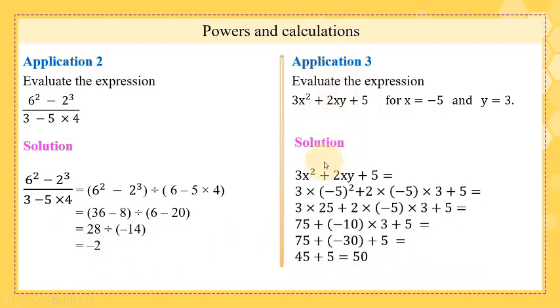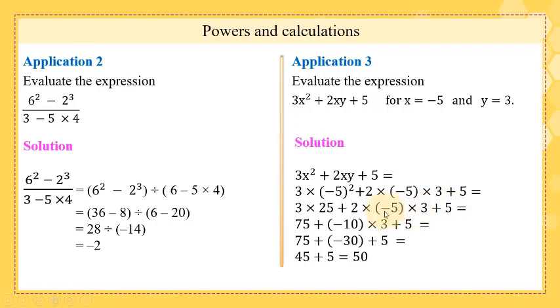Solution of application 3. We have to evaluate this expression for x equals minus 5 and y equals 3. So we're going to substitute. We start: 3x squared is equal to 3 times minus 5 squared, plus 2xy is equal to 2 times minus 5 times 3, plus 5. Now minus 5 squared is minus 5 times minus 5, which is equal to 25, and we copy the rest